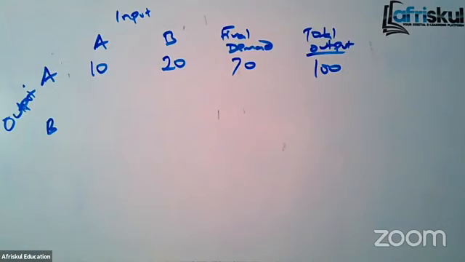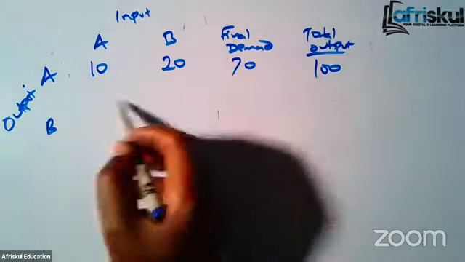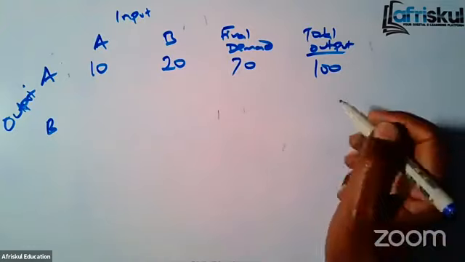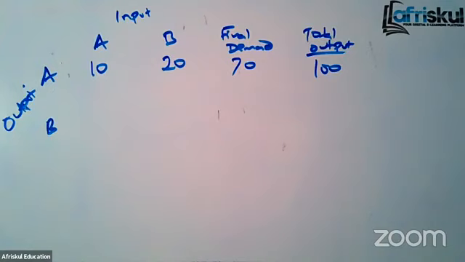If, for example, A is an agriculture sector and we have produced 100 bags of maize, we'll have some of these bags going to agriculture itself, perhaps to be used as seeds for future productivity. And of course, we'll have A selling to other sectors. Whatever goes to the other sectors is what we call the intermediate demand. Then we have the final demand, which is that portion of the total output which will not go to any sector. It comes to us, consumers, for consumption. What will be exported? What will be stored at KPCU